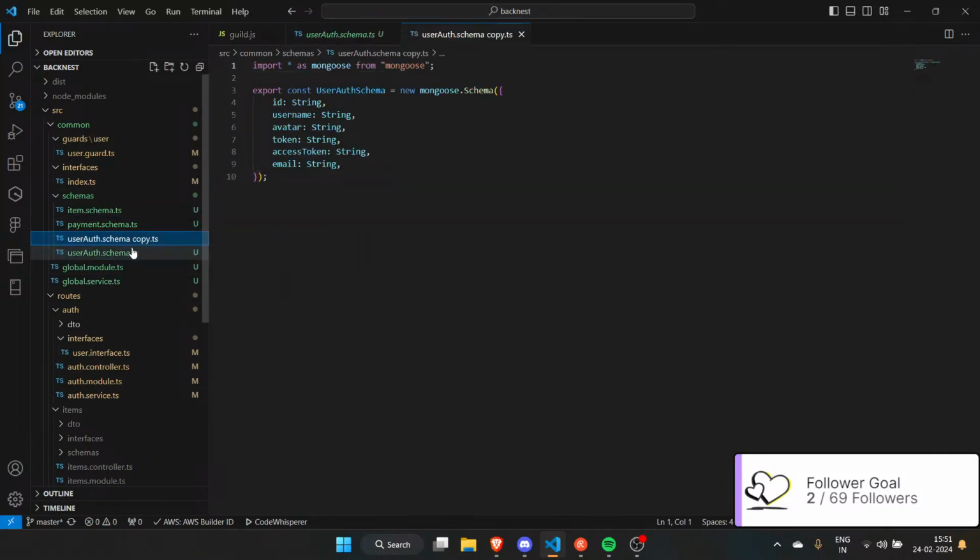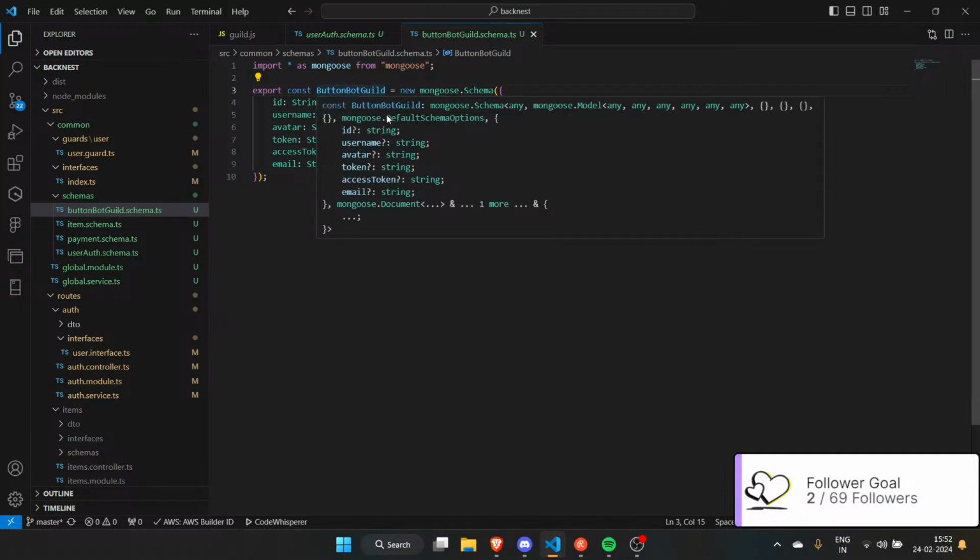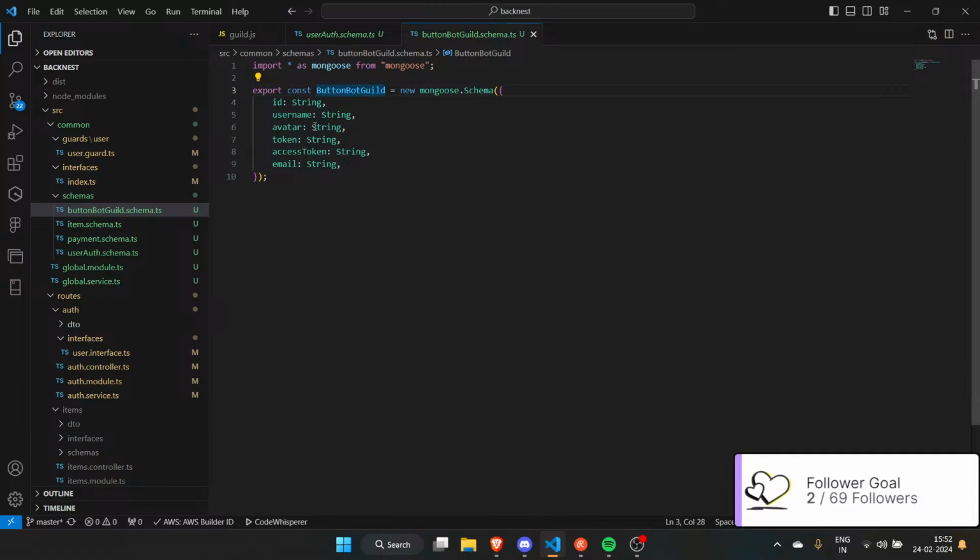And then similar to that, I have one for button bot guild schema, right? This is button bot guild. It is exported like that. And then what?